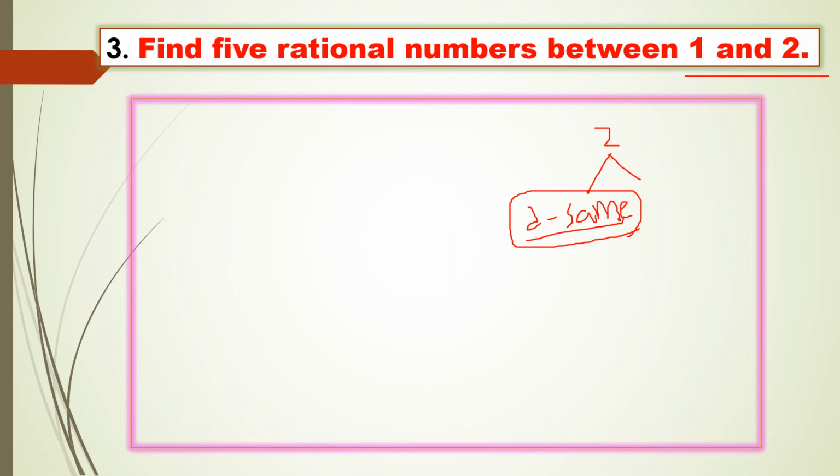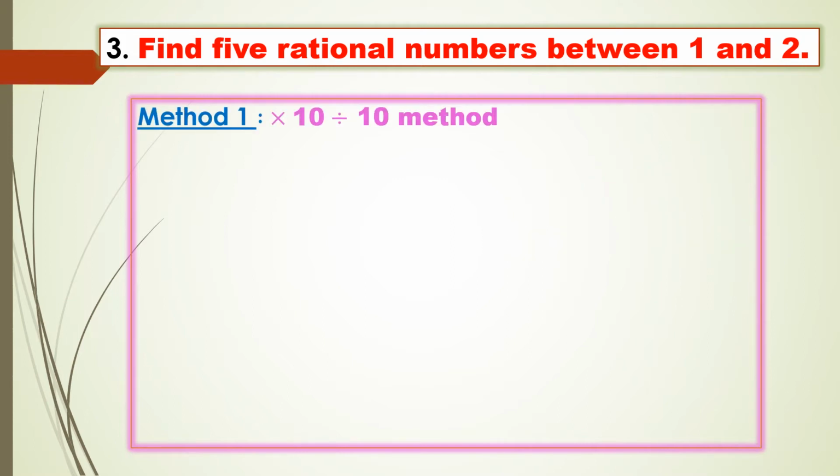And one more method is the mean method. Mean is nothing but average. You should do the average method or mean method. One is you should make the denominator same and one more is the mean method. This mean method is very important. Okay, so let us go to the first method. Method 1. Here I am making denominators same. To make the denominator same, I will multiply and divide by 10. Right? Because if I write 1 into 10 by 10, I cannot multiply only 10.